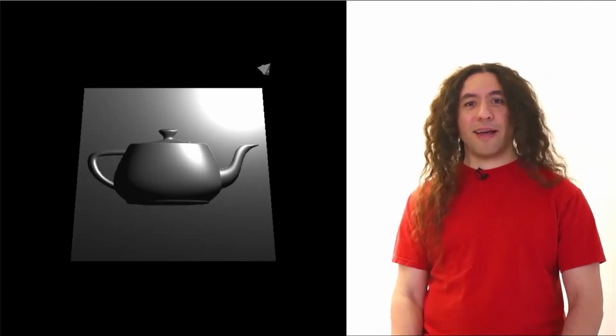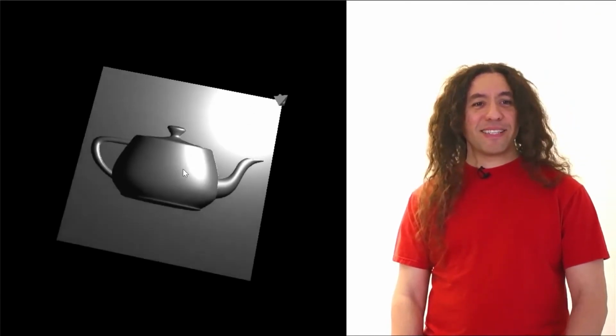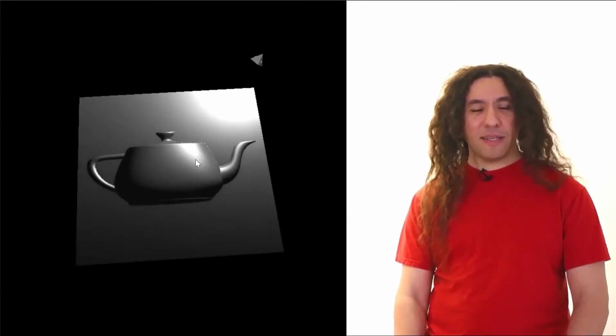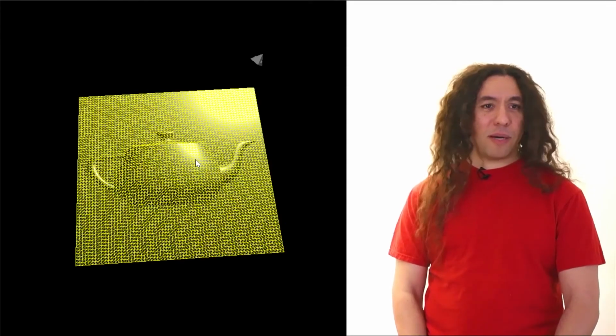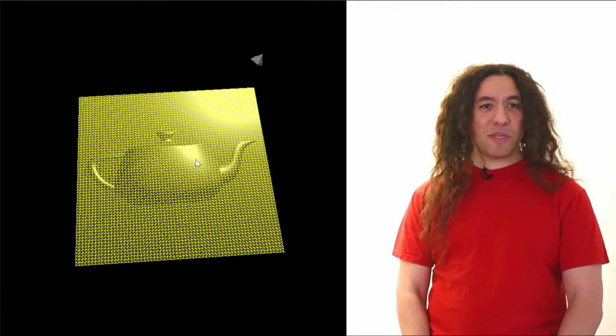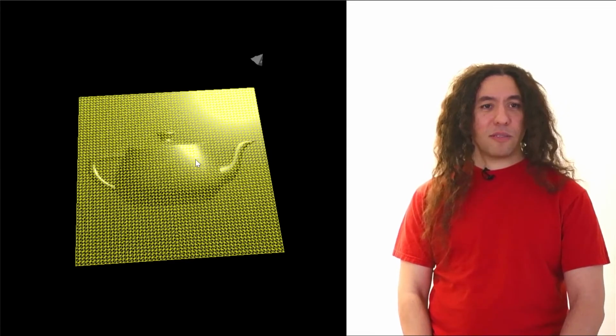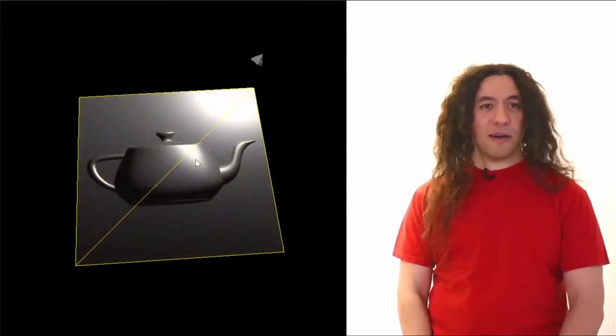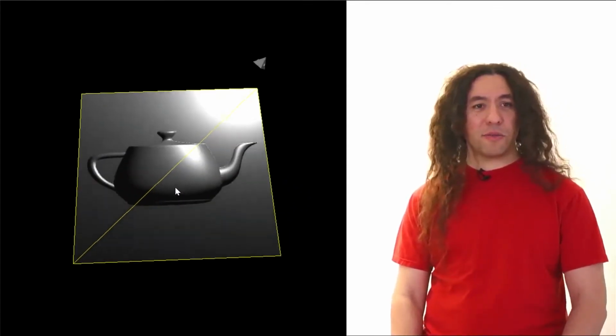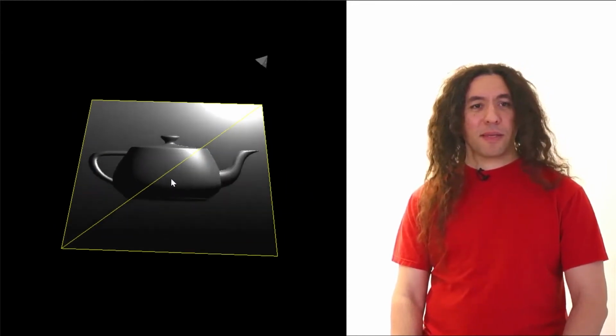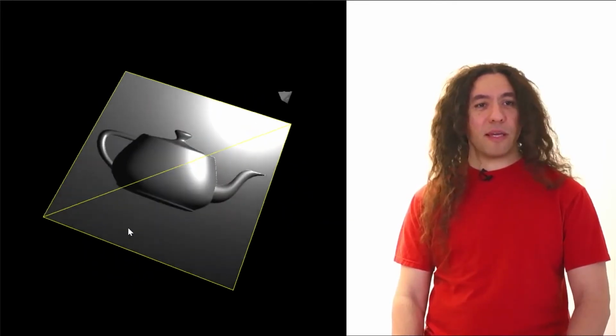All right. Okay, so this is it. It's just the flat plane, right? Well, it's actually not the flat plane. I'm tessellating it. Let me remove the tessellation levels. Oh, that's not the right key. All right, let me remove the tessellation. Okay. All right, it's just 2 triangles now. And I still see the illusion of something here because we have normal maps.